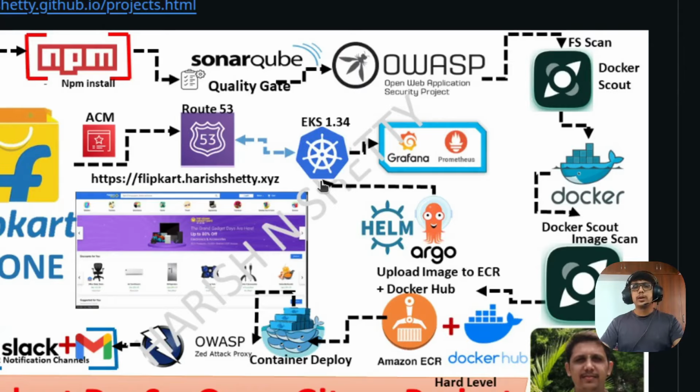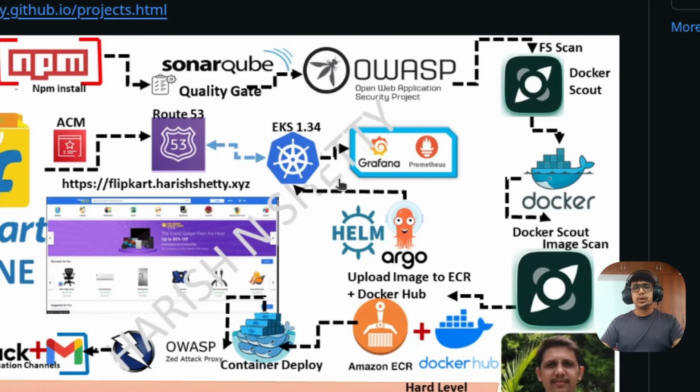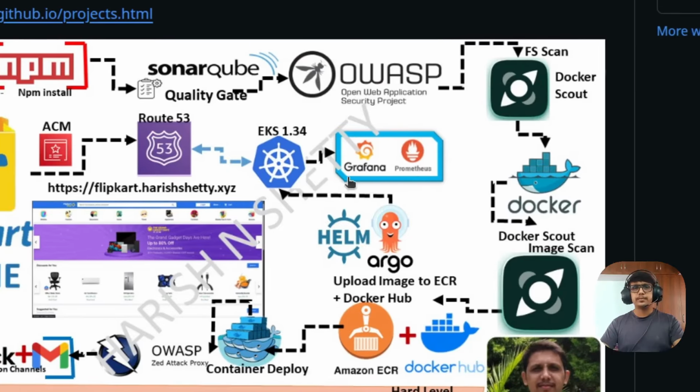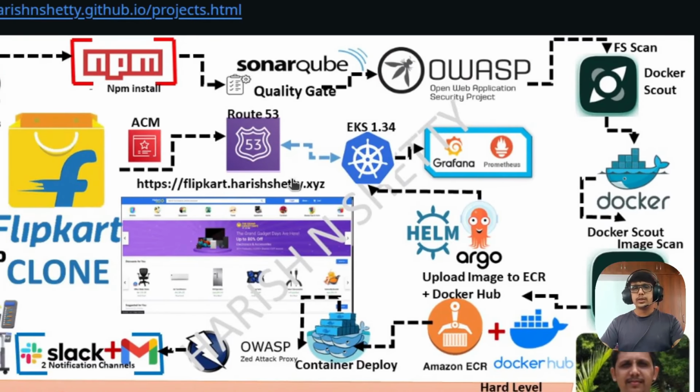With the help of ArgoCD, and we are installing Argo with the help of Helm. And here we are also going to monitor the cluster as well as the deployments via Prometheus and Grafana. And once the deployment goes live, I mean we get access via the DNS load balancer,